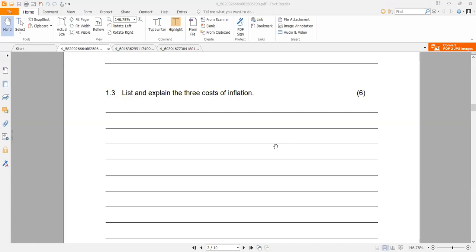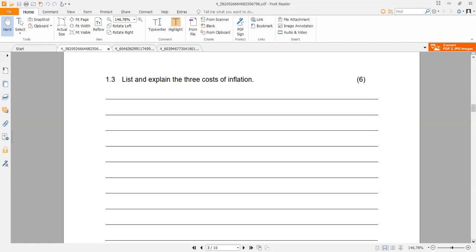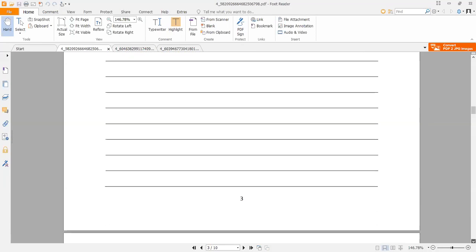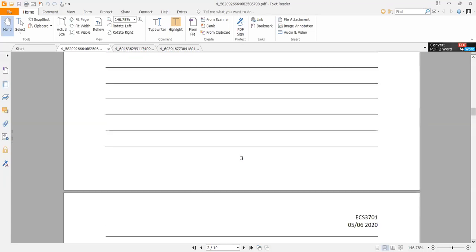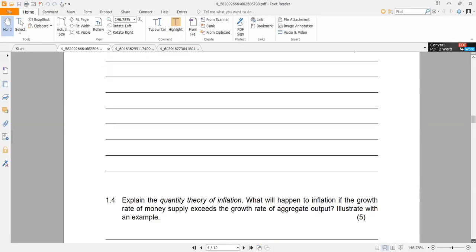So that also discourages investment in the domestic economy, because remember that investors need a very clear, stable environment to operate in. At the end of the day, we have fewer investors in our economy. We can have more and more effects of inflation, but those were the three that we decided to explain.